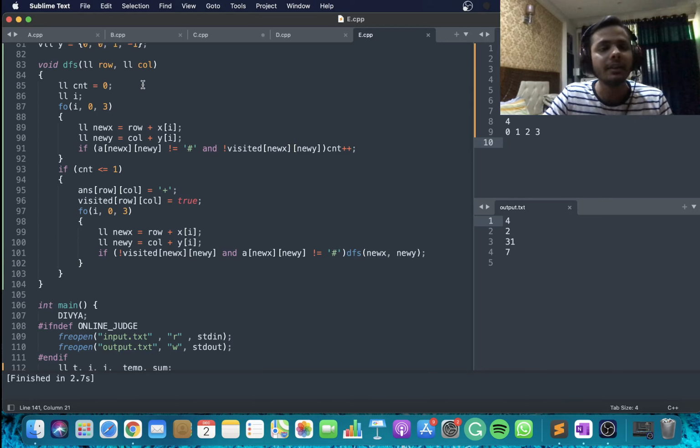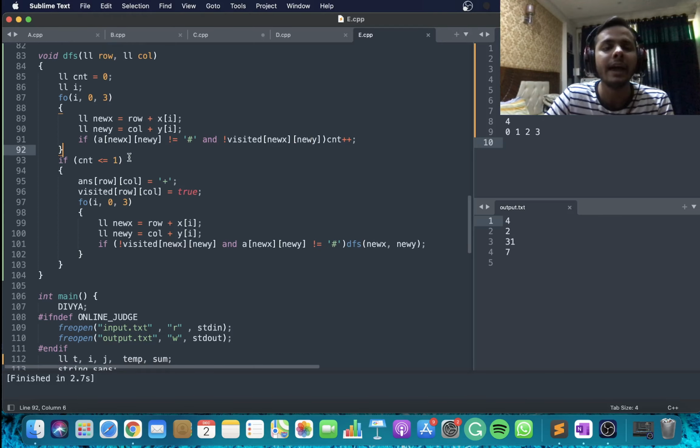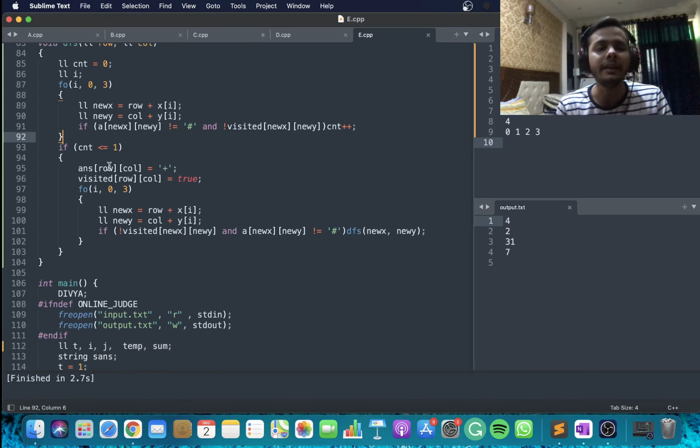So for a particular cell, first of all, I determine whether it is a winning cell or not. To do that, I count the number of neighboring cells which are not blocked and are not winning cells. If a cell is visited, that means it's winning. So I count the cells which are not visited, that is, are not winning and are not blocked. And if that count is less than or equal to 1, then that means my cell is also winning. So I just say that the answer is incremented, and visited of my particular cell is going to be true.